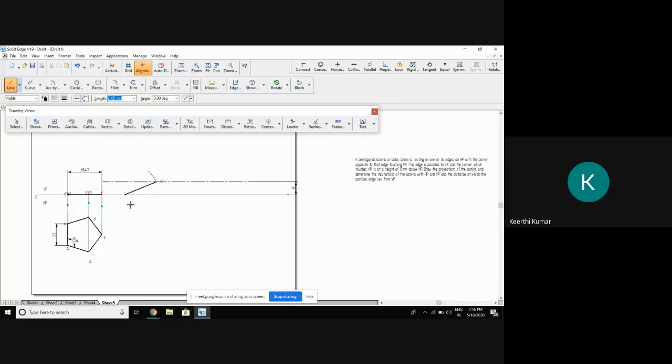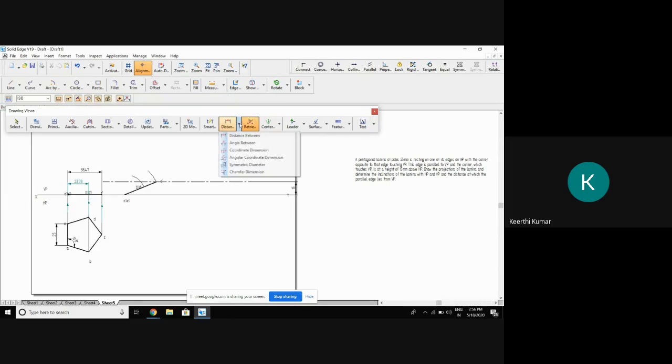From here to, what is the naming of this? Okay, I'll give the naming later. One more line is there, no? One more intersection I should get, that is B dash. Measure the distance using a compass, A dash B dash. It is 23.78. Keeping the same center, cut an arc of 23.78. Now I'll give the name. This is called A dash, E dash, and this will be B dash.